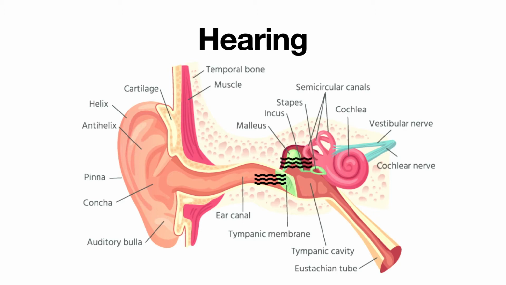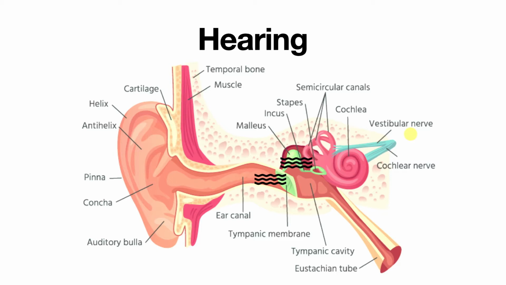That results in the vibration of these other inner ear bones, and they vibrate at the stirrup or stapes. That stirrup is connected to what's called the oval window, and it translates that vibration to the fluid contained within the cochlea. That starts to create an electrical signal. That electrical signal, depending on where it's being relayed, will translate down the cochlea and then out the optic nerve to be interpreted by the brain.